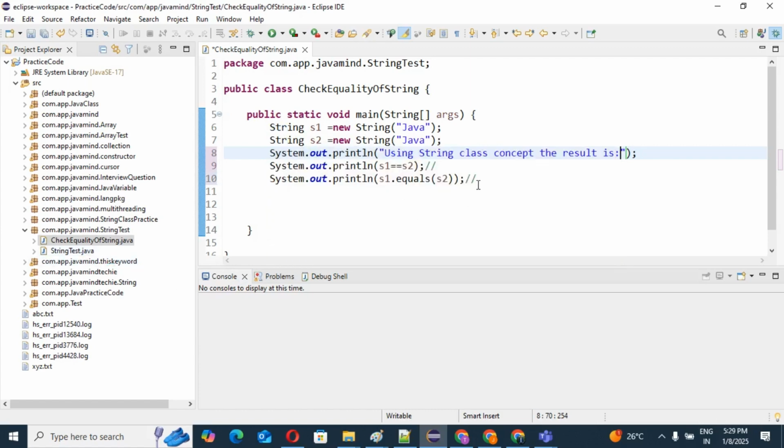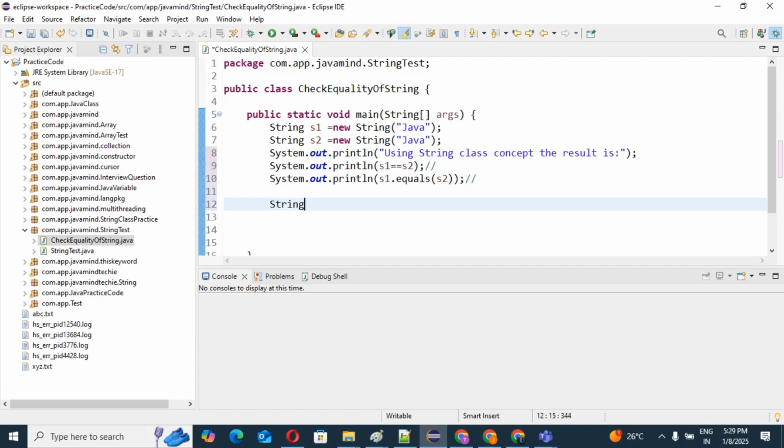Guys, I will use the same thing for the StringBuffer class as well. Then I will compare. In the String class the equals method is overridden, and in the StringBuffer class there is no override of the equals method. That is what I want to show you. That's why I am going to create a StringBuffer class object.